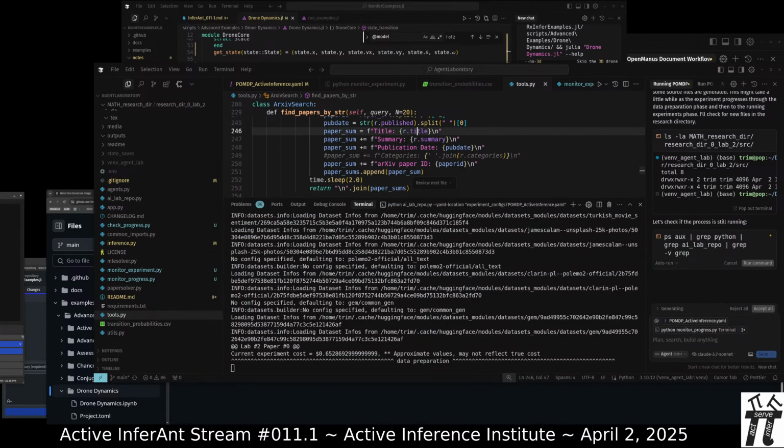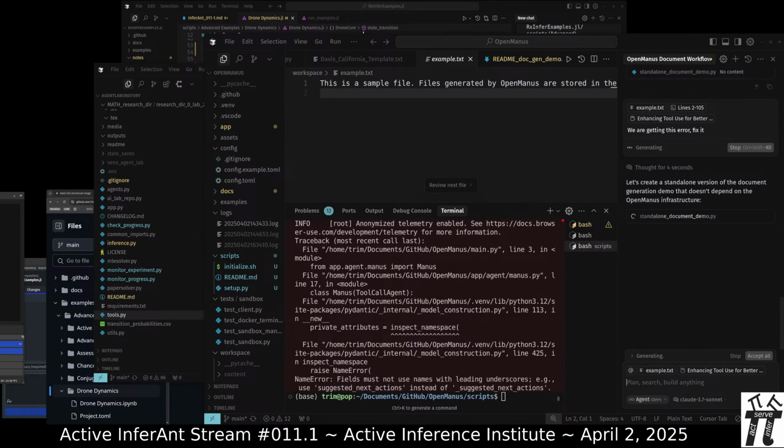Okay. OpenManus. Common Cursor pathology. Let's do something totally different. Let's just start a new chat.